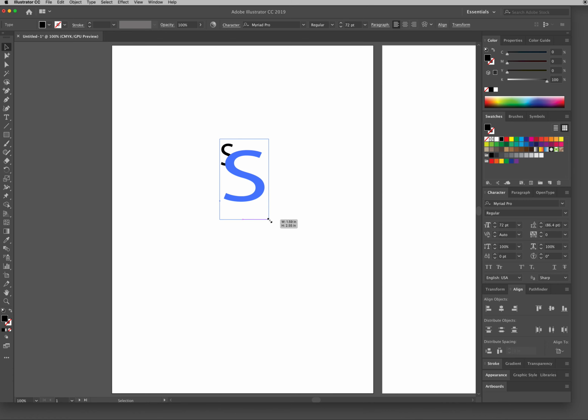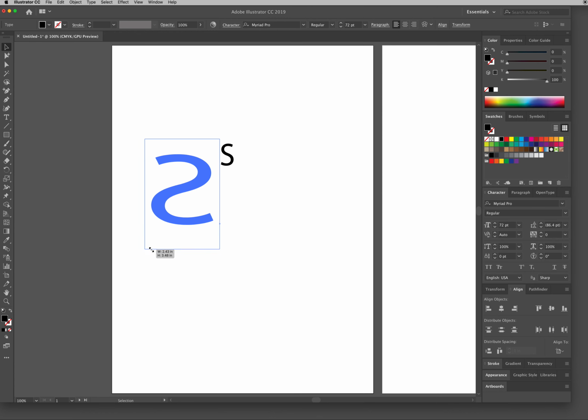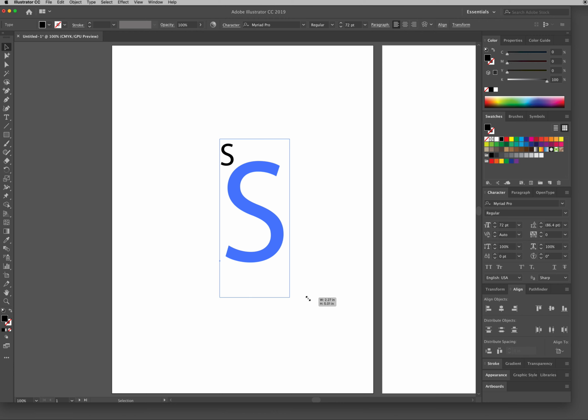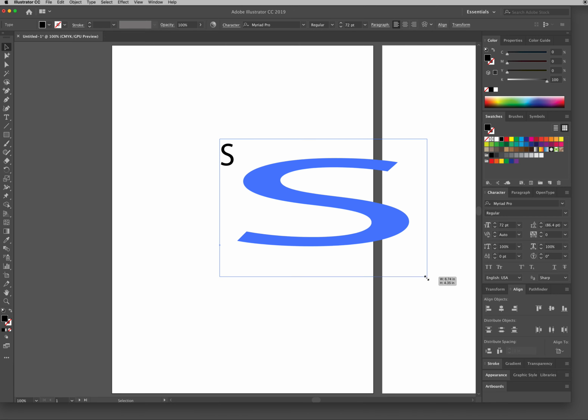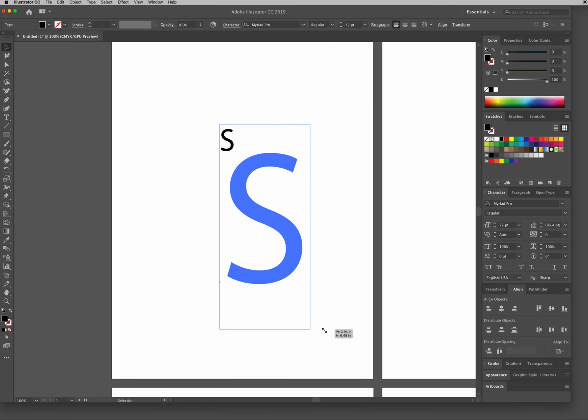Then take my move tool and go to the corner and scale it up. Now remember, if you hold down Shift as you scale, it keeps proportions. If you don't hold down Shift, it stretches your type, and that'll degrade the letter form. I do not want you to do that. I want you to hold down Shift as you scale this up. So do not degrade your letter forms in this manner. I'll show you guys the allowed ways that I want you to manipulate this letter form, and one of those ways is not stretching it. So when you scale it up, hold down Shift, and then let go of the click before you let go of the Shift key.